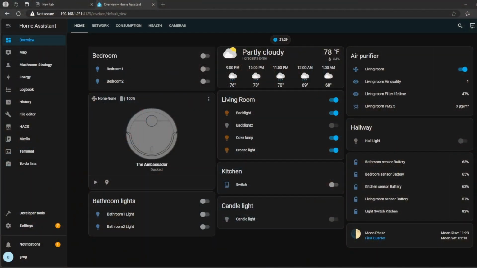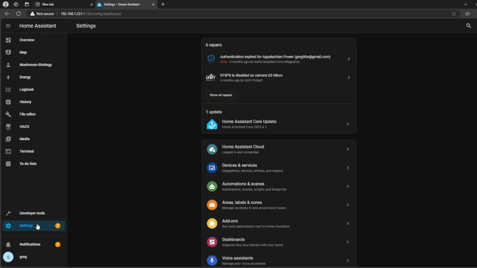Now, I am going to actually show what I ended up doing because the first few attempts that I did for this really didn't work. They worked, but they weren't working in terms of the task schedule and the automation that I wanted it to do. So I'll switch really quick to my Home Assistant to show what I actually ended up doing. So if we come into Home Assistant and we go to settings,